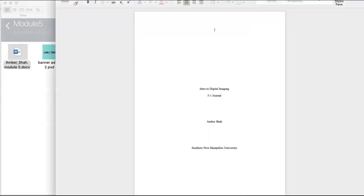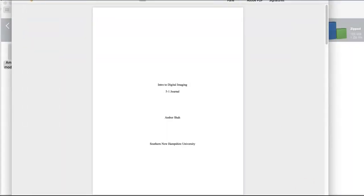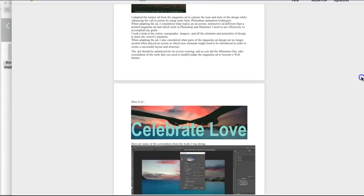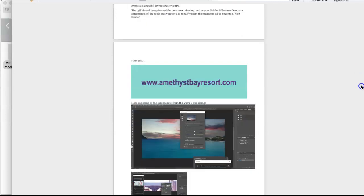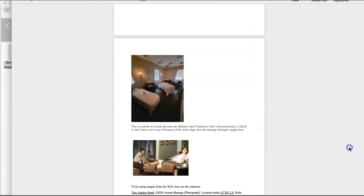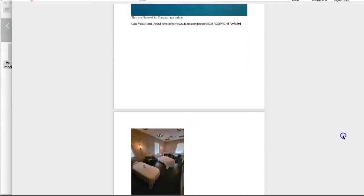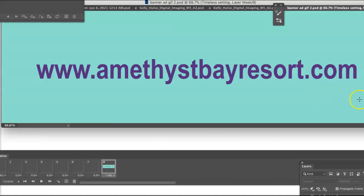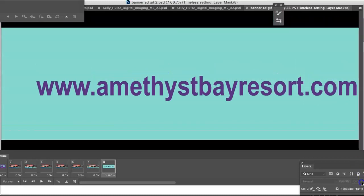Oh, I see. Okay, so this is the journal entry. All right, which you have probably attached in the prompt for that. And wow, and it is illustrated. In other words, you have really begun your final reflection. So that's great, and you've combined it with your journal entry. That's ideal. That's kind of the idea, although it's not explicitly stated. So I will certainly grade that and keep that in mind, that you have gotten a good step up with your final reflection. And here we've got your web banner